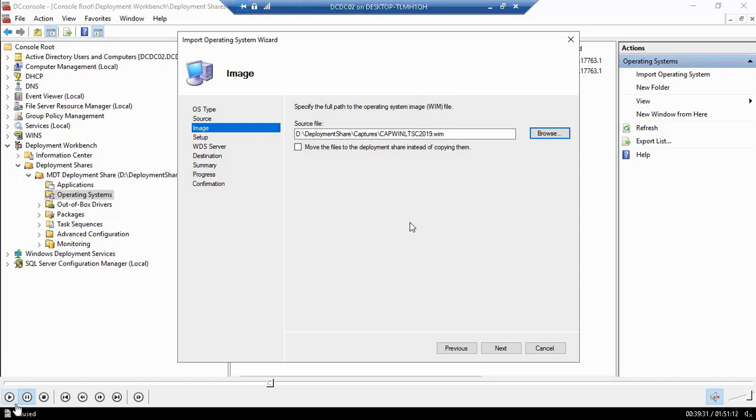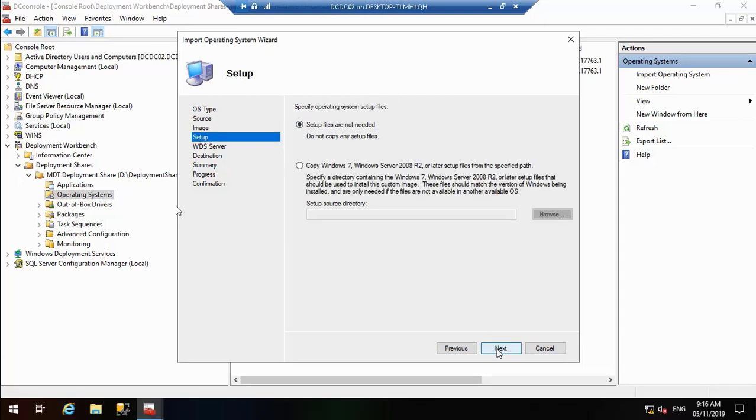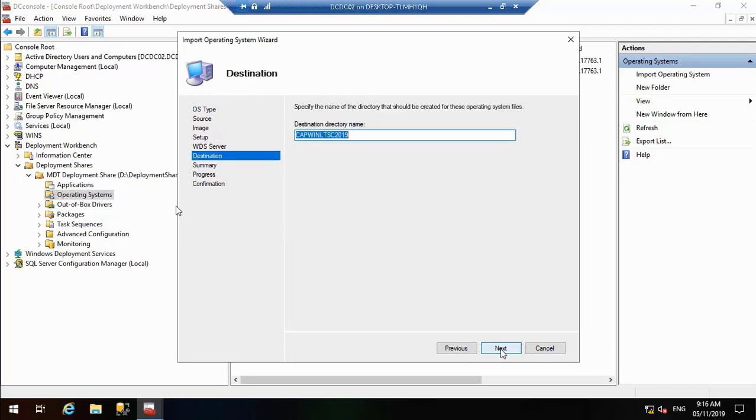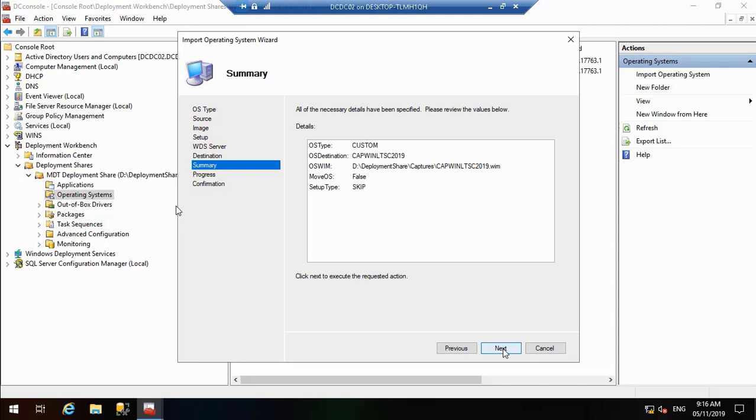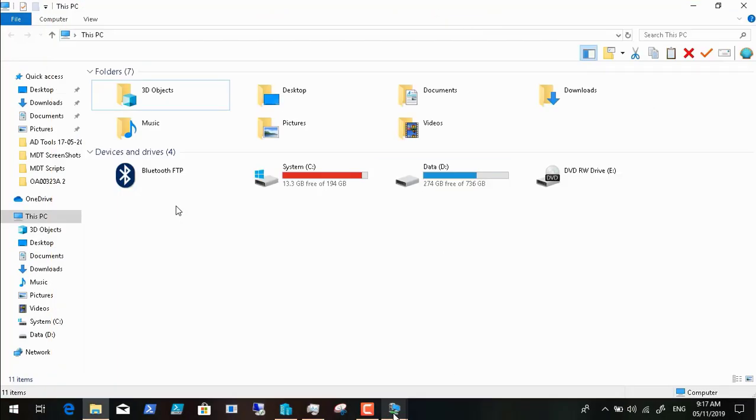Okay, and then the set of files are not needed, do not copy, and then this is the destination folder. He will name a folder in the deployment share and name it with this name in the operating system folder. And then next. So now we're in the process of